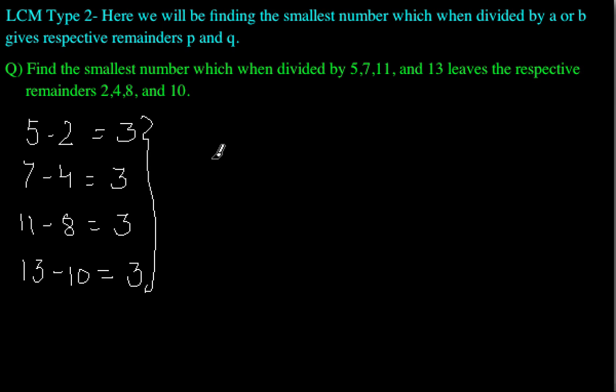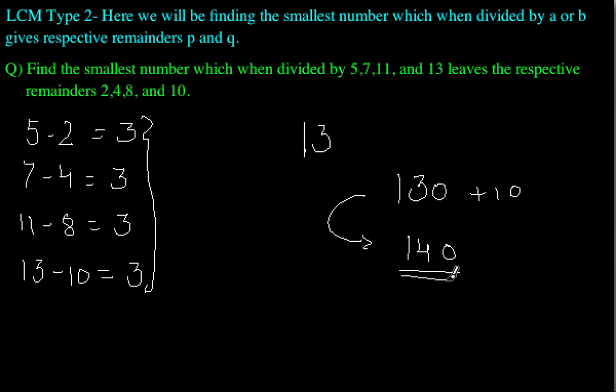Okay, so how we'll do that? We'll take one example. When we divide a number by 13 we get a remainder of 10. What does this mean? Let there be a multiple of 13, let it be 130 suppose. Now when will we get a remainder of 10? When we have a number like 140, because we are adding 10 to it and getting 140. So 140 divided by 13 will give us a remainder of 10. Now how is 140 obtained? 140 could also be obtained by 143 minus 3,